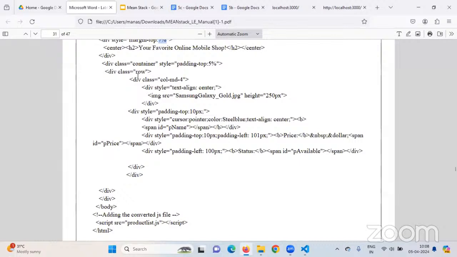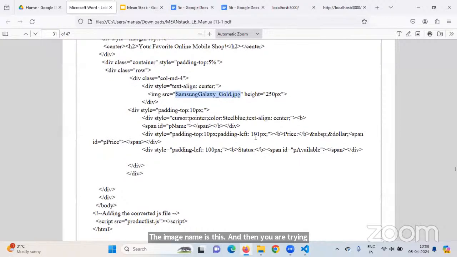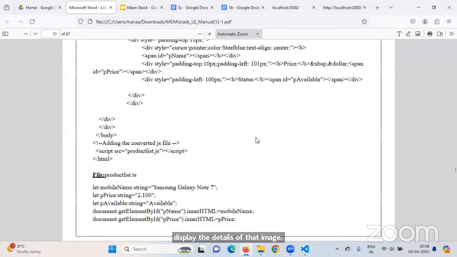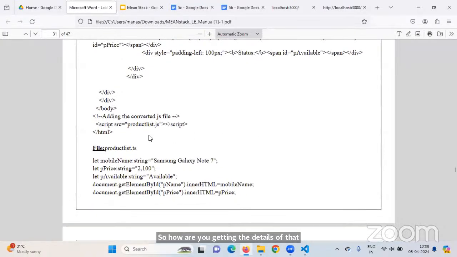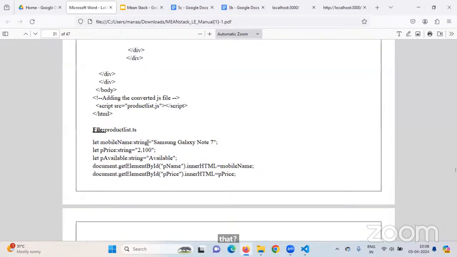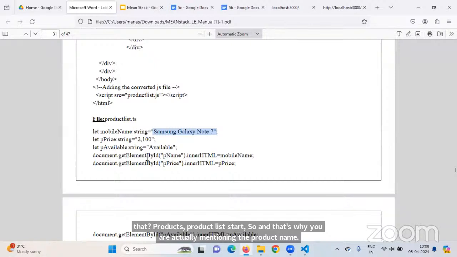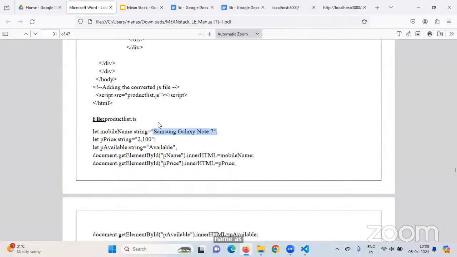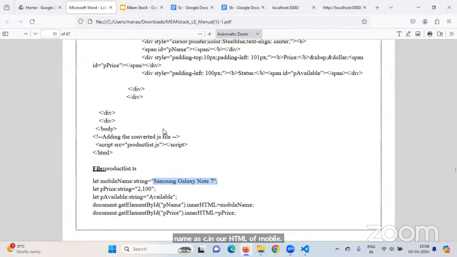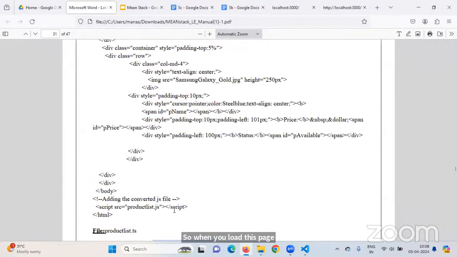So here you are actually trying to display an image. The image name is this, and then you are trying to display the details of that image. So how you are getting the details of that image is from the product list.js file. So in that file, you are actually mentioning the product name, price, and all. So now you are setting document.getElementById product name as p.innerHTML of mobile name. So when you load this page, wherever the p name tag is there,